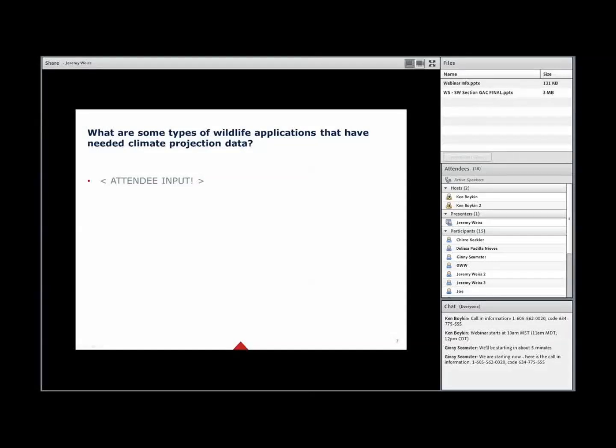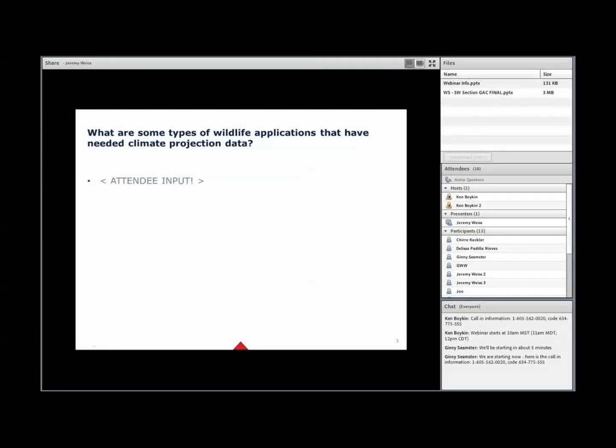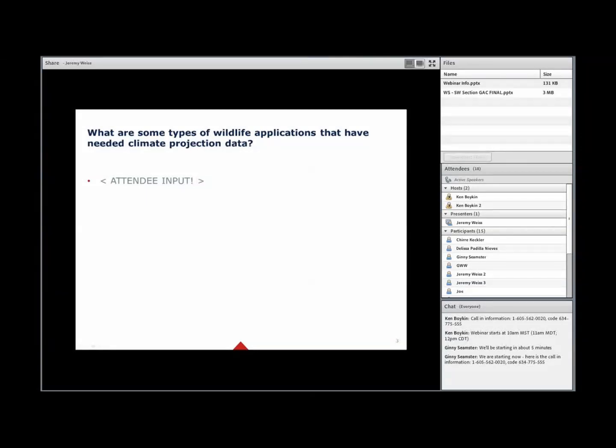And with that, let's go ahead and try that out with the question on the current slide. What are some types of wildlife applications that have needed climate projection data in your experiences? And of course, since this is related to the Geospatial Advisory Committee, go ahead and note whether or not that was a geospatial application.